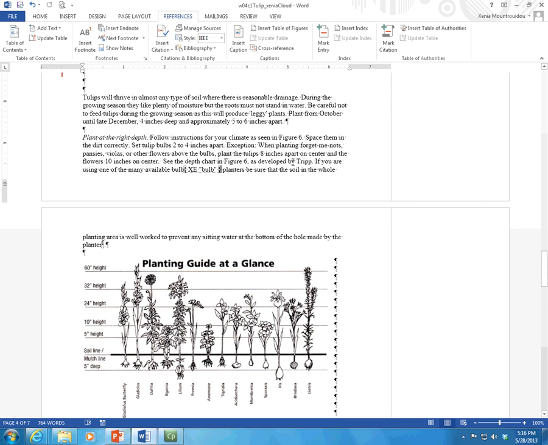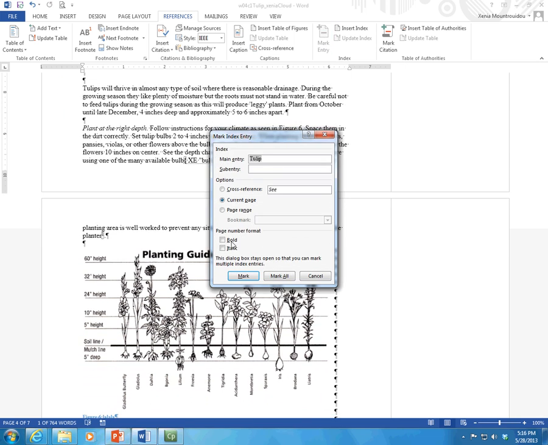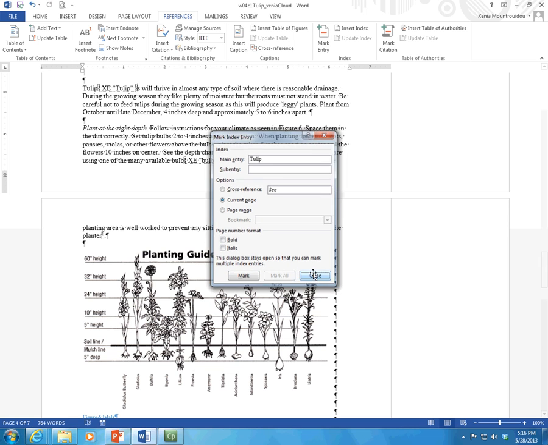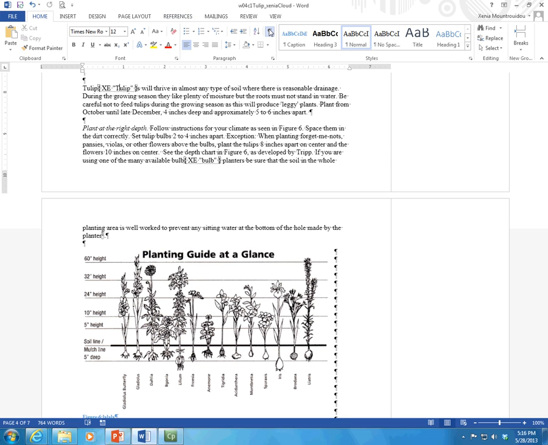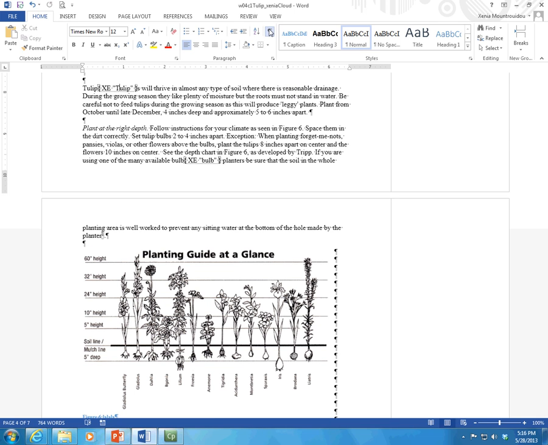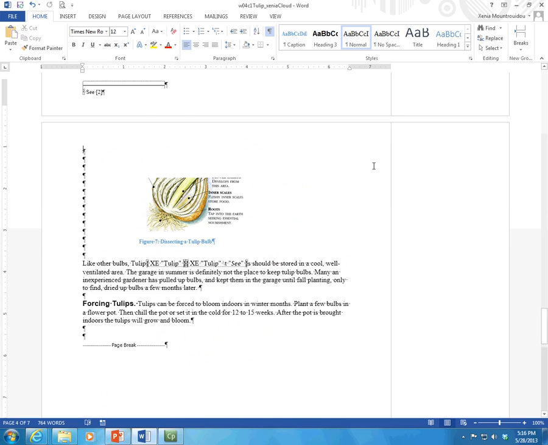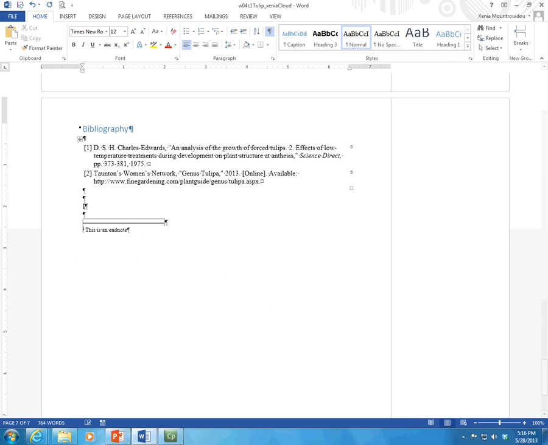I would also like to, let's say, mark the word tulips. Tulip. Mark Entry, Mark All. Mark, and then close. So you can see this additional text that is not going to be appearing if I unclick the toggle switch, because it's just text that shows me marked words that can be used in an index of words. So if I want to have my index here, let's say I add an index,